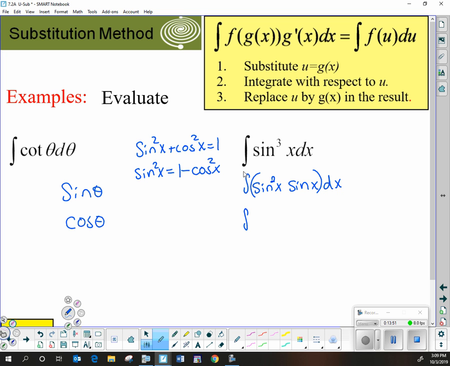So I'm going to use a replacement, not really a u substitution yet, but just a replacement for sine squared. I'm going to allow sine squared to be 1 minus cosine squared. Then I'll have sine x